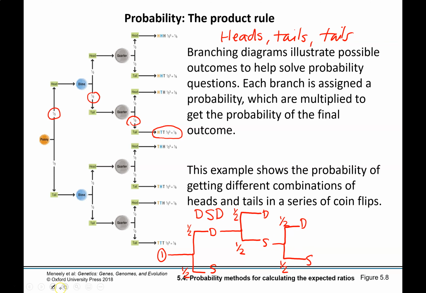And of course, we can do this lower bracket as well. I'm not going to do it here because I'm running out of room. But if we want to figure out daughter, son, daughter, we just follow our branch points. So daughter, son, daughter. Multiply 1/2 times 1/2 times 1/2 is equal to 1/8. So this is helpful if you need to figure out multiple combinations, or within the same problem if you're figuring out different combinations.